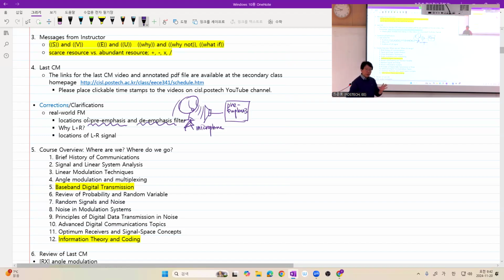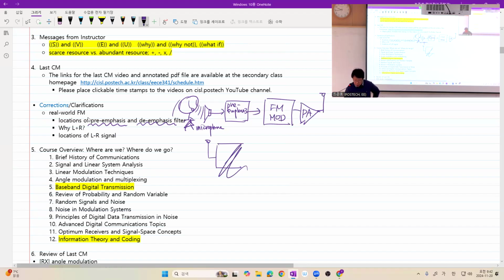So this pre-emphasis filter is directly applied to your message signal, and then it is FM modulated. And of course, you have a power amp and antenna. Got it? And in the receiver, you have a receive antenna and usually an amplifier, which is,